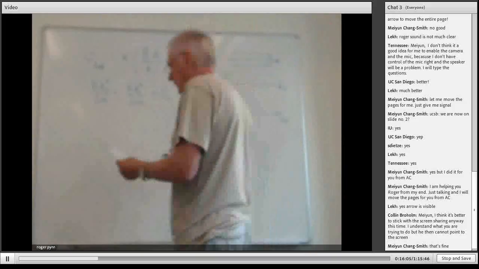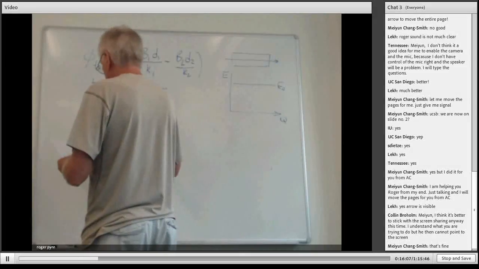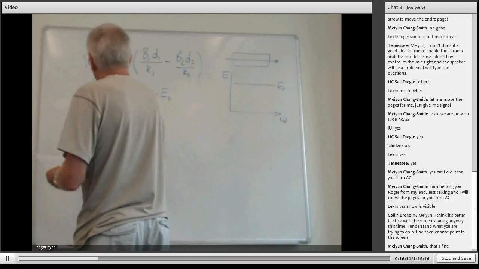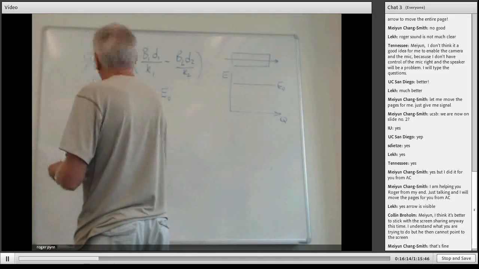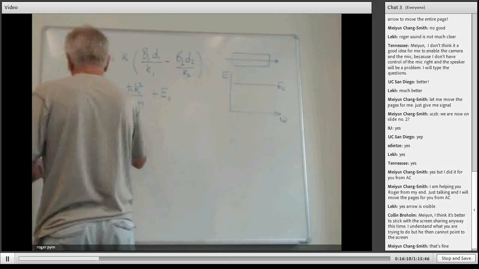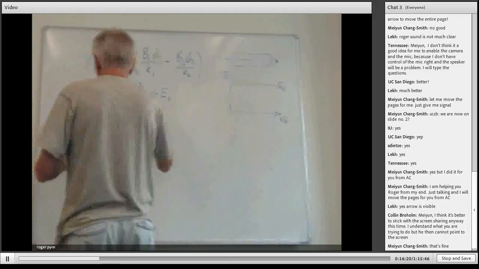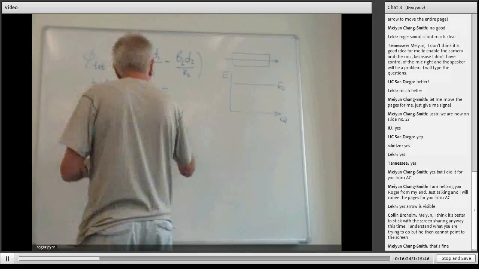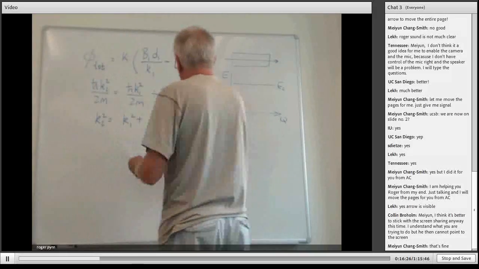Now, if I look at that and I ask what the differential of that is, I'll get myself something which looks like, so let's see, I'll get K2 squared is equal to K1 squared plus 2m over h bar squared times E0. And if I differentiate that, I'll get